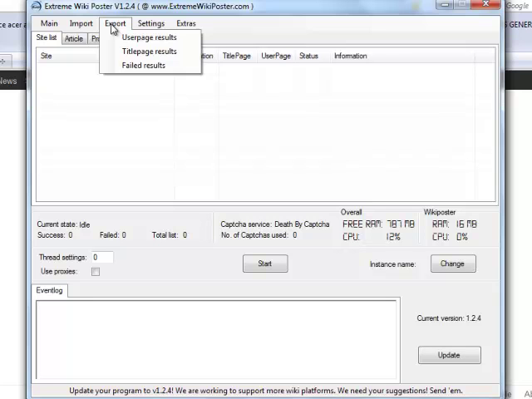But more importantly, just as knowing where the success is, you've got to know where your failures are. And this is where this item of functionality comes in. So as you say, you can produce two successes, know where you are on the title page or your user page, but more importantly, let's say you've made 4,000 wiki submissions and for whatever reason only 3,000 have worked. You've got to know where the 500 that didn't work are, and at the end of the day this will